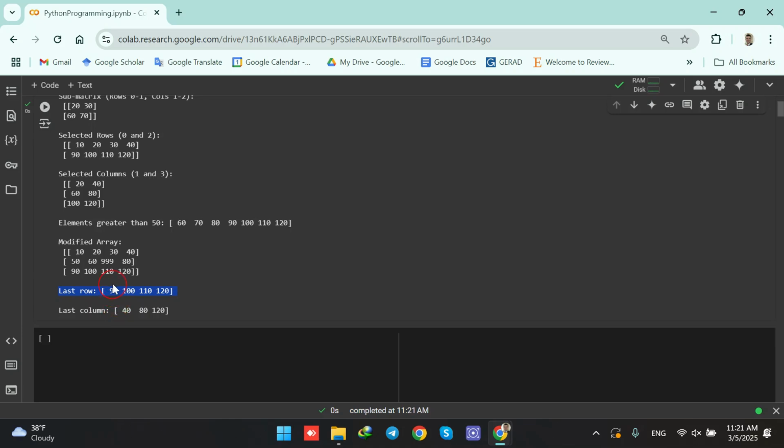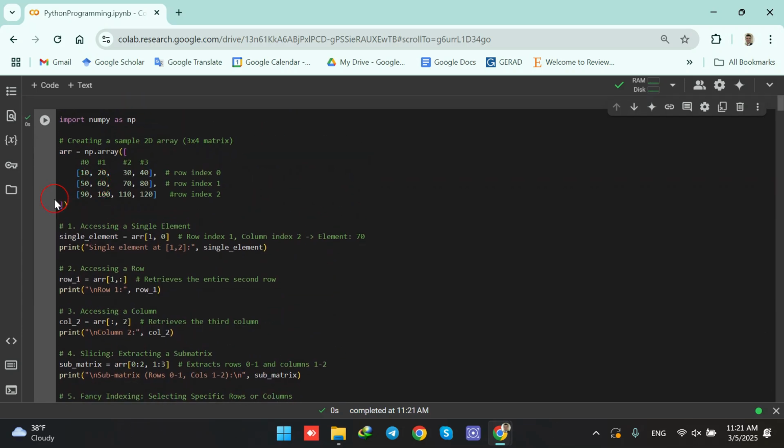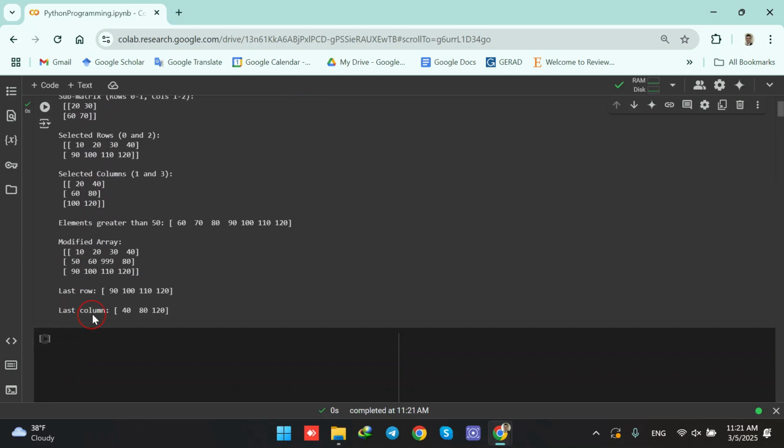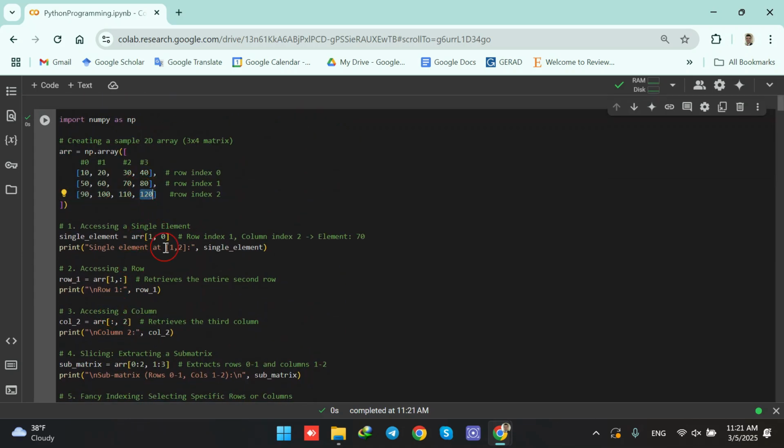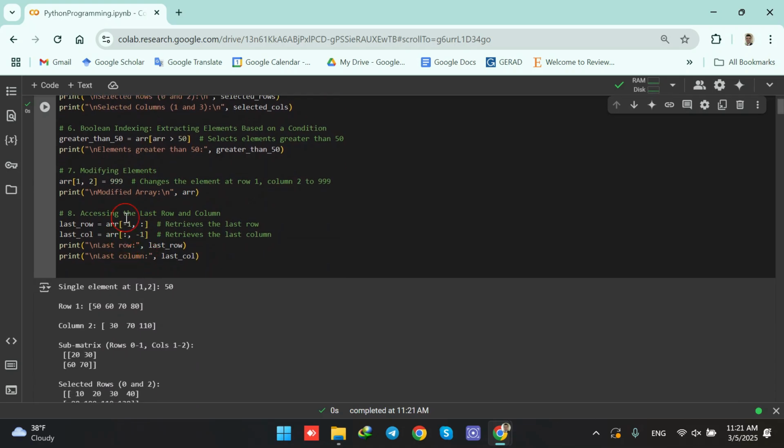Here we see that we are having the last row. The last row is from 90 to 120. So we see from 90 to 120. And we are having the last column, from 40, 80, and 120, being printed in the output using the